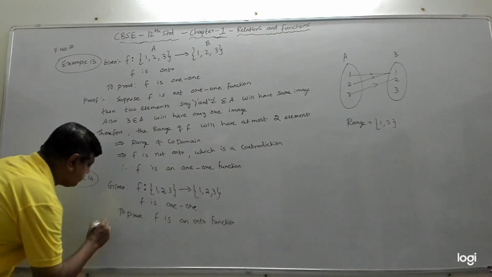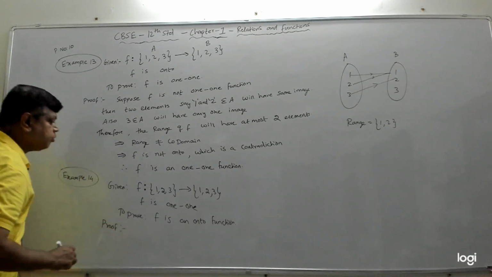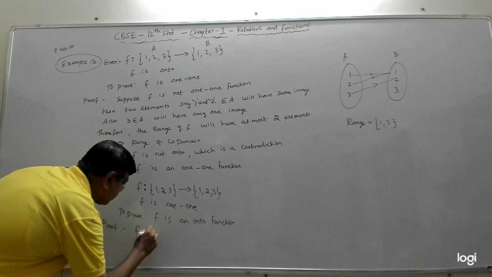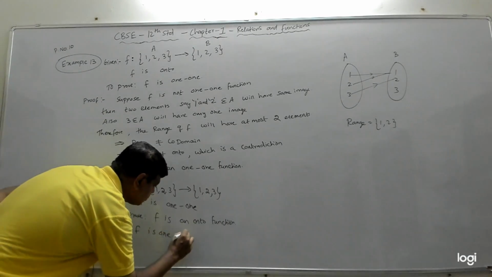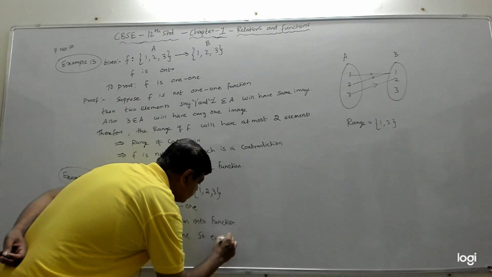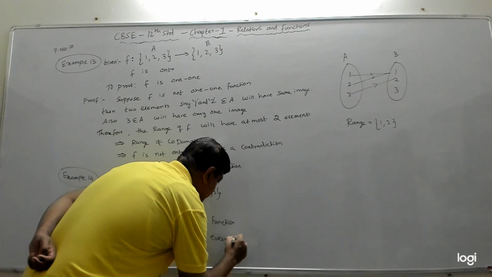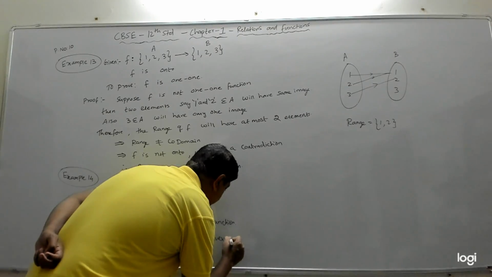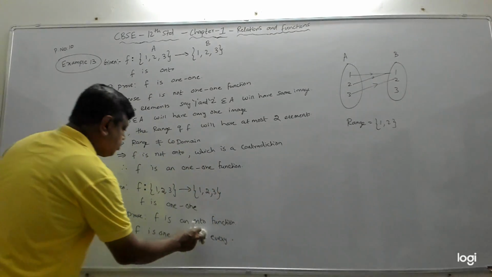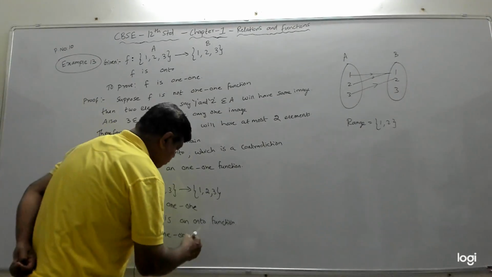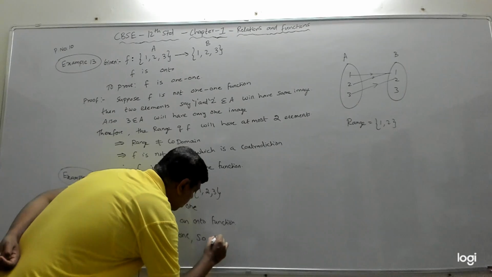Now the proof is very obvious or straightforward. F is one-to-one, right? F is one-to-one, given. So we can say all three elements, since f is one-to-one, all three elements